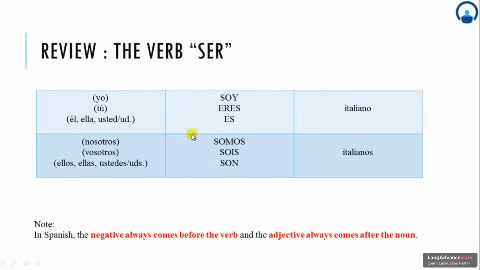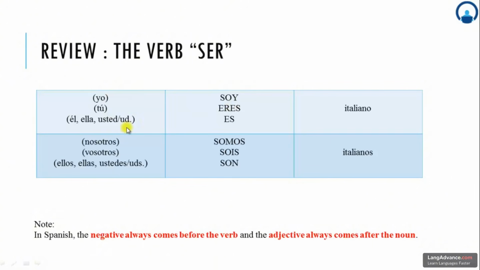Also, up till now we are learning, or writing, statements. So it is pretty much like English statements. If you say yo soy italiano, that means I am Italian. While writing in Spanish, it is not necessary to write these subject pronouns. That's because of the rule we have learned, that soy always goes with yo, eres always goes with tú. So even if I write only soy or only eres or only es, they correspond to